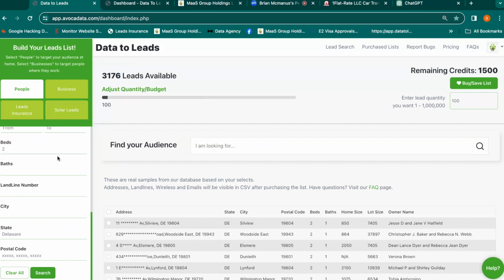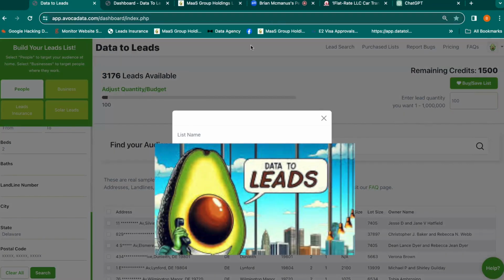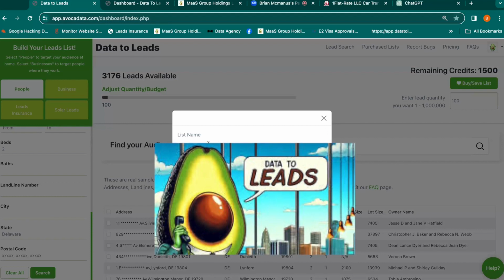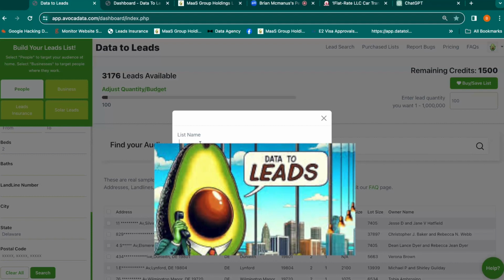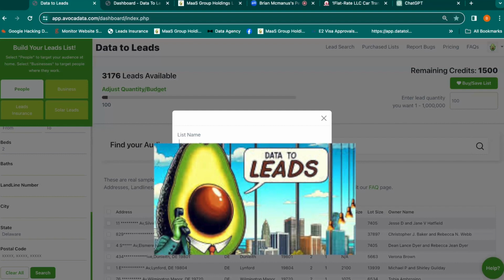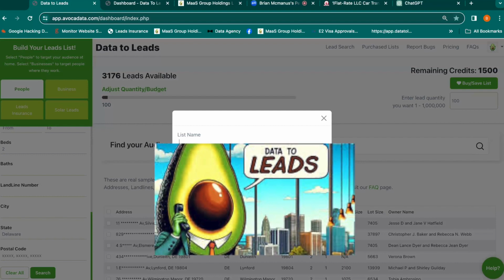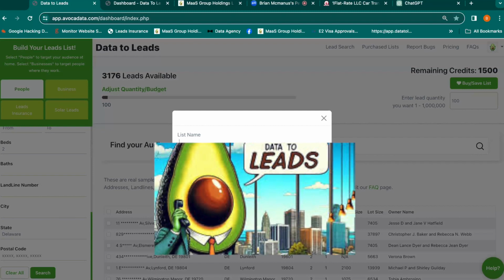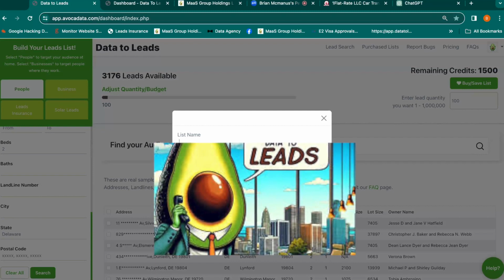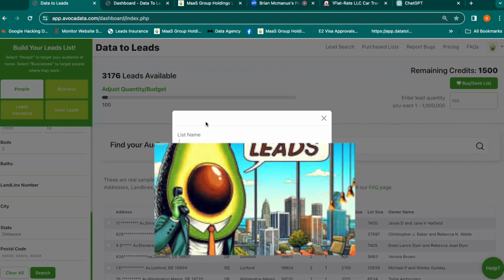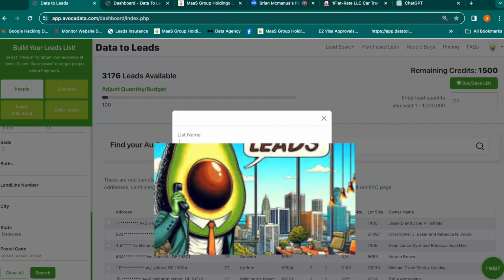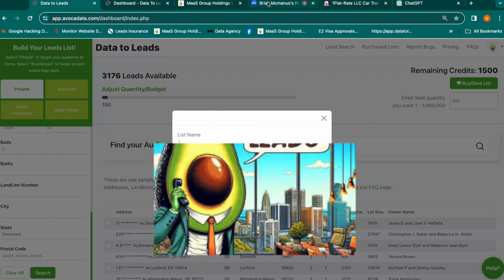So if this is the list that I want to purchase for the day, I have the ability to navigate over to buy save list, and I can name this list what I want. And naming the list is very important because, as I mentioned earlier, you can re-access any list that you save at any point in the future. So you don't have to rebuy those leads. Granted, the phone numbers may have changed if you're going back to a list from 8 months ago, but we still enable you to re-access all that so you don't have to continuously subscribe to the same stuff over and over again.